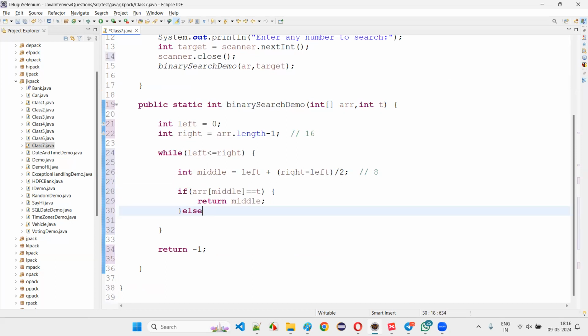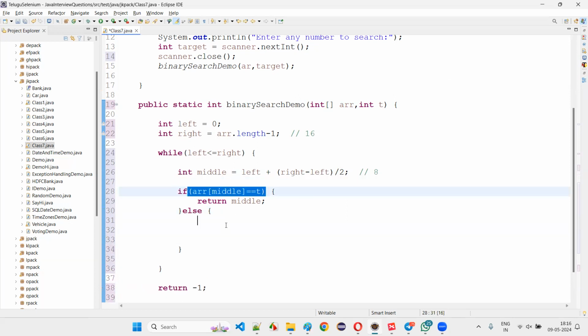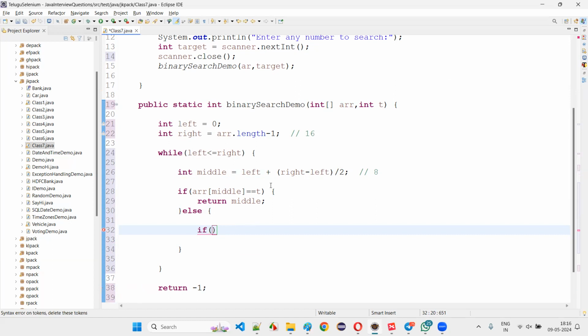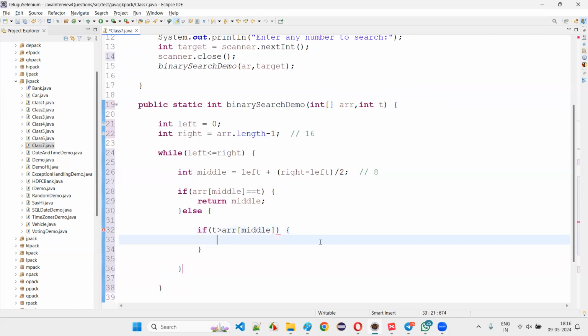So if that is not there, then in the else block, if this is not matching, then we have to do something. What is that something? If that is not equal, then we have to compare whether the target element is either greater than the middle element or less than the middle element. If the target element value that the user has given is greater than the array of middle index,